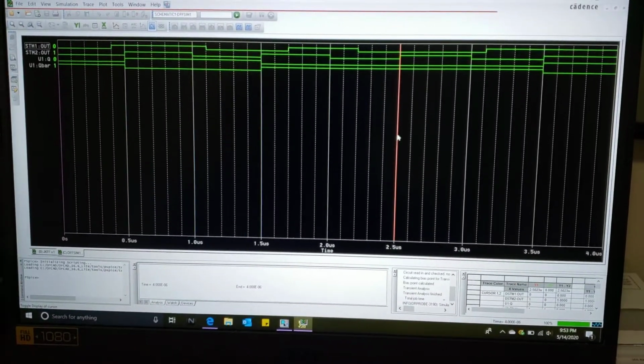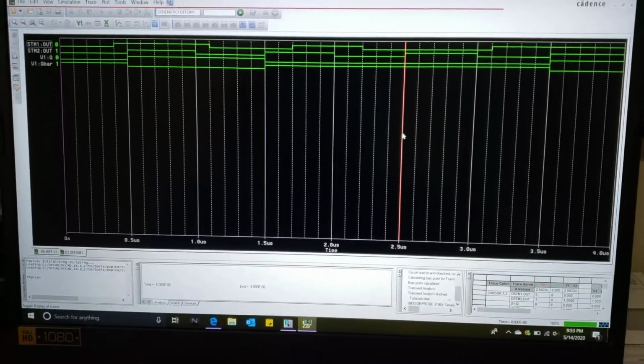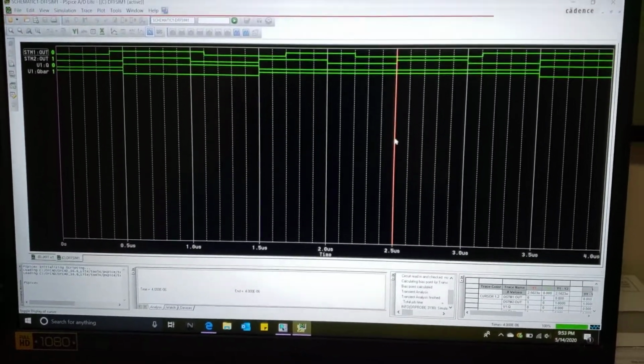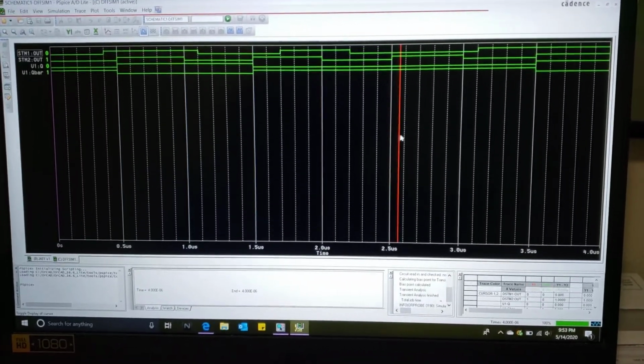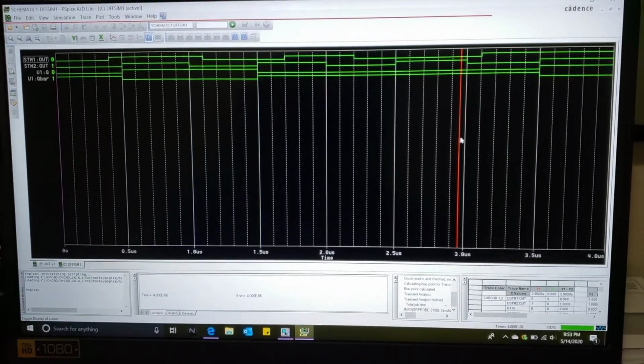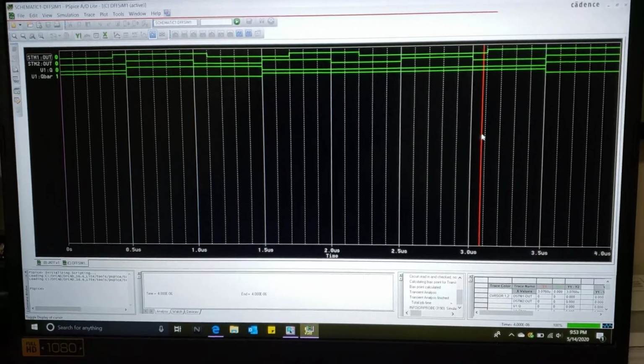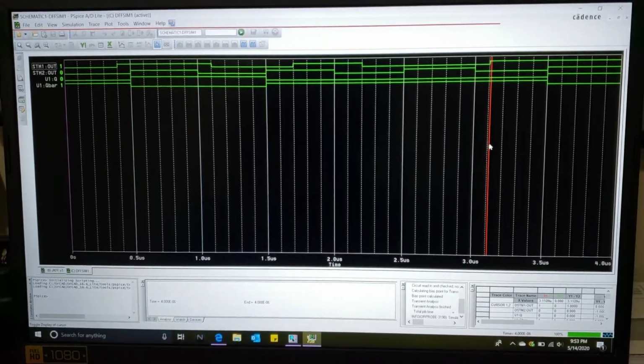Coming over here to 2.5 microseconds, we see clock jump to 1, but D stays at 0. And so therefore our Q still stays at 0, and we see it drop back down, and everything stays the same. And then here our data jumps up to 1,